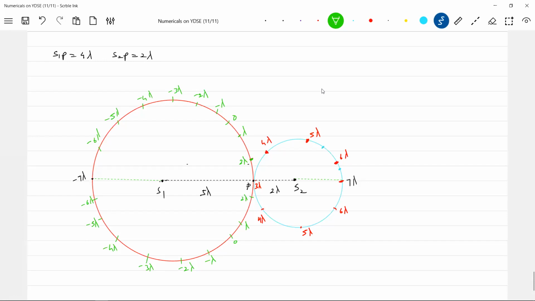Count it now. So, sir, how do you put it? That's why you should put 7 lambda here and get minus 7 lambda, then go around in this circle, then finish this one. Like this, by using this order of interference, we are able to trace it out. So as you move like this, and then again return back to the initial point, you can count the total number of maxima.